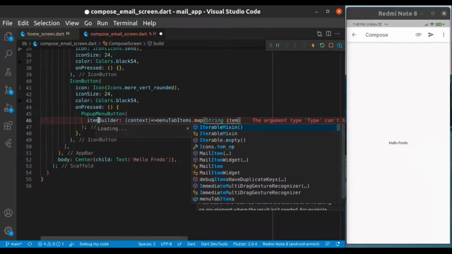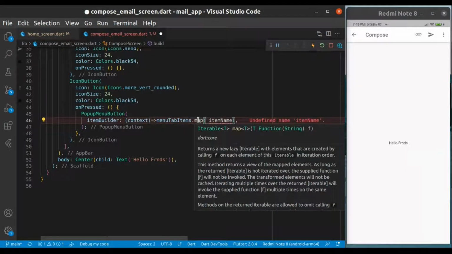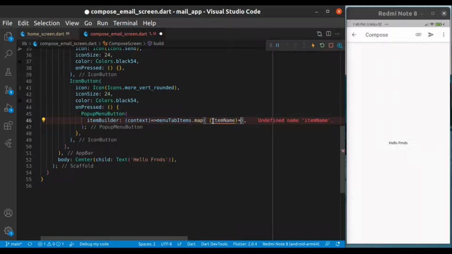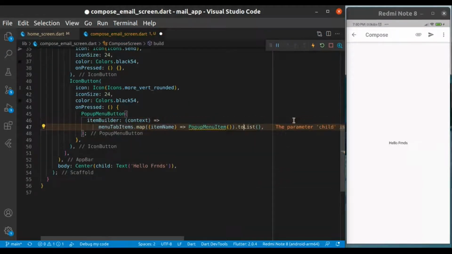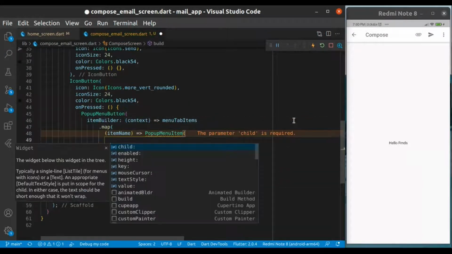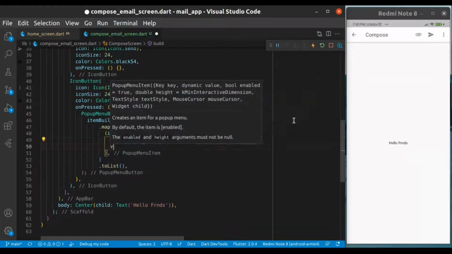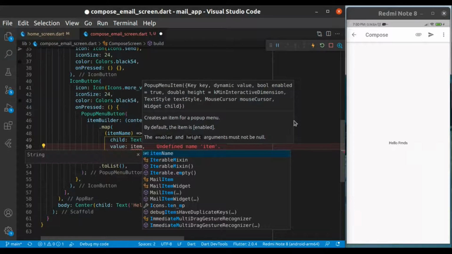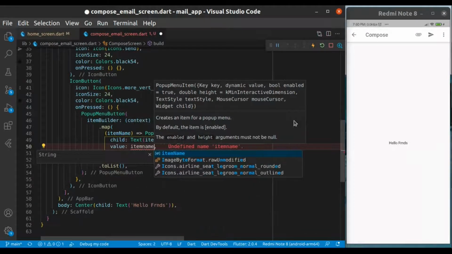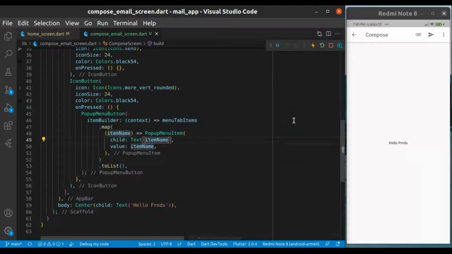Now map is the property in the list which can render the list item one by one, and we can get the iterable of dynamic type from that. Iterable is nothing but a kind of list, and we will convert it to list because item builder expects the list and returns a text widget, and value basically equates your value, like which one you tap.